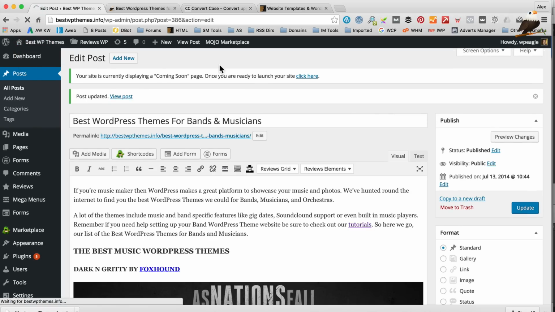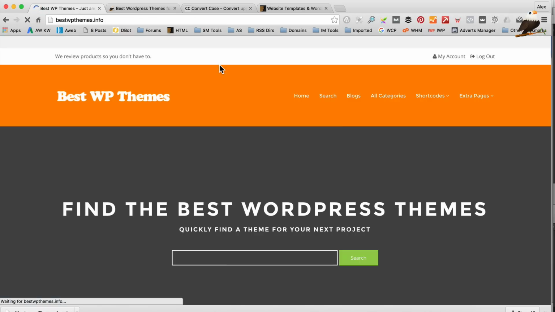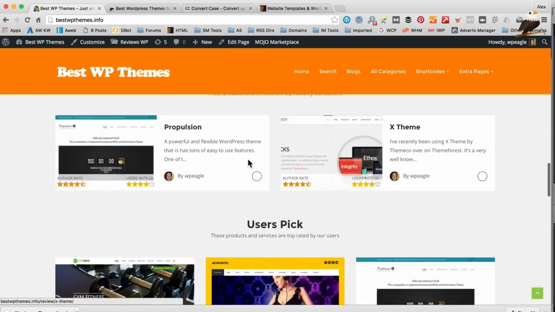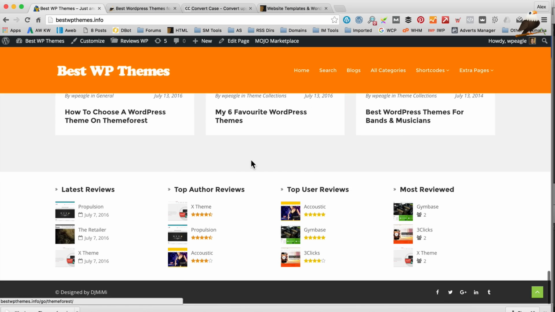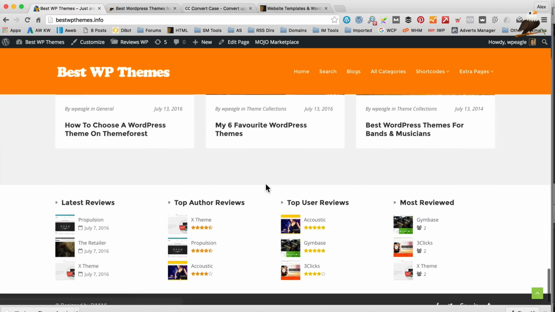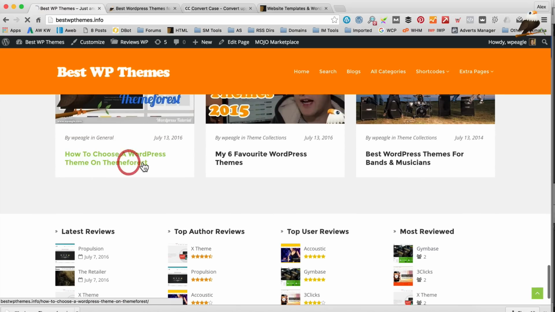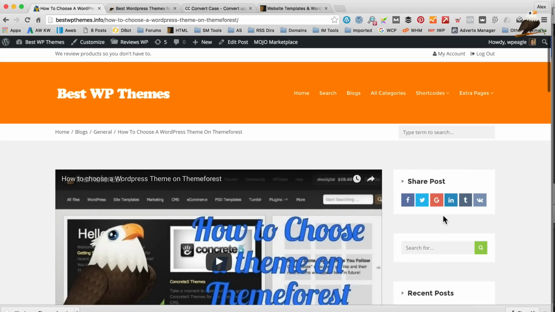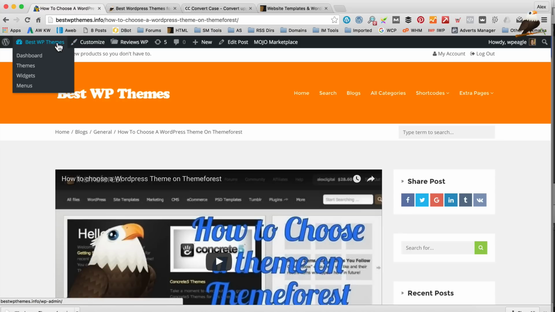Okay, so we're really making some progress here. Let's have a nice look at our home page. Yeah, we've got the news. We've got a load of stuff going on. So, as I said a second ago, let's have a look at the widgets. The widgets appear in a sidebar, which is down this side, as the name suggests. And we can change these. If we go into widgets up here,